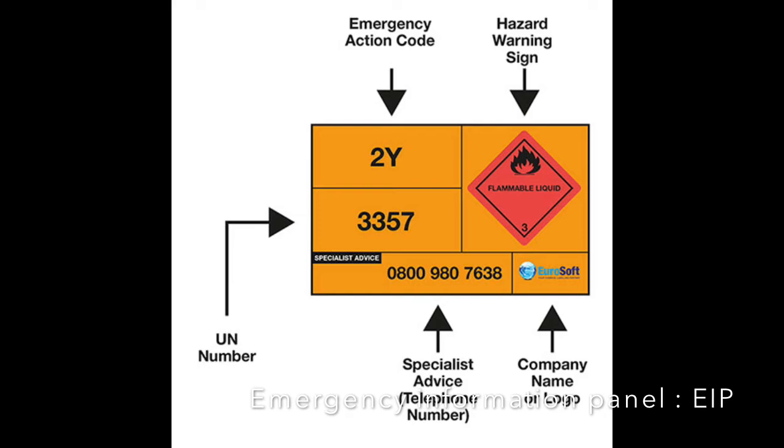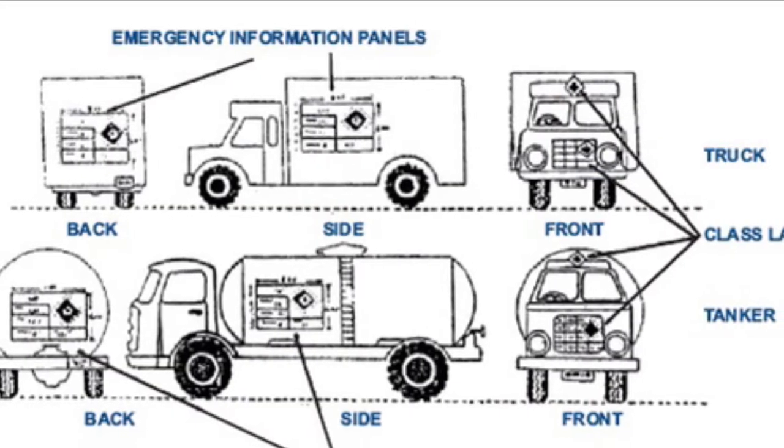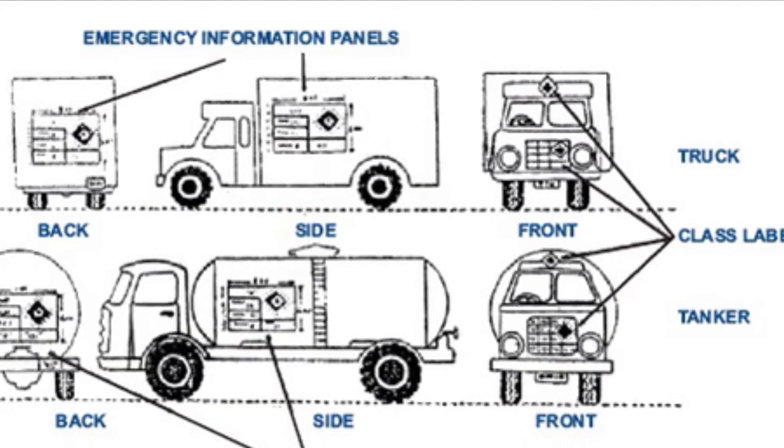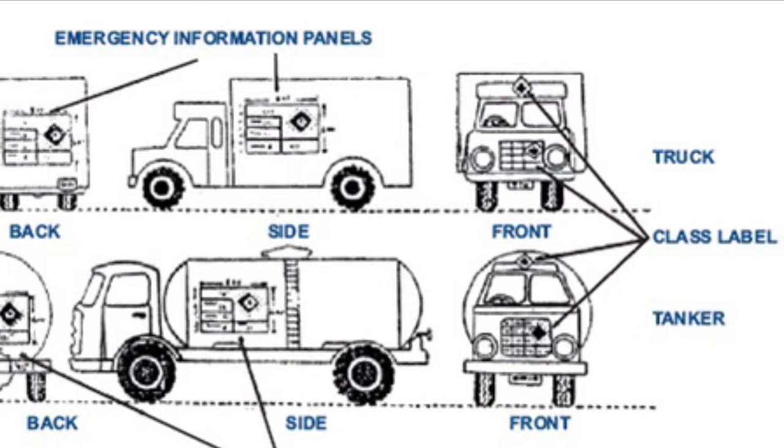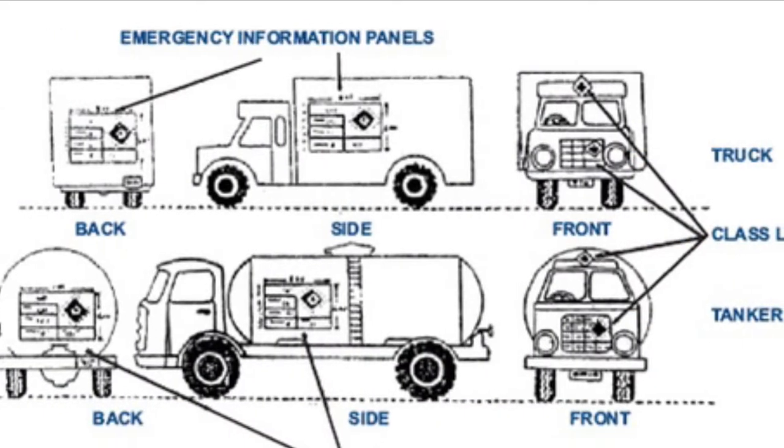As you can see in the Emergency Information Panel displayed here, there are the Emergency Action Code or HAZCHEM code, the hazard warning sign, then on the left hand side you have the UN number for hazardous chemical details, and a number for contacting for detailed specialist advice. The Emergency Information Panel is to be displayed on both sides, front and back of the carrier in which the